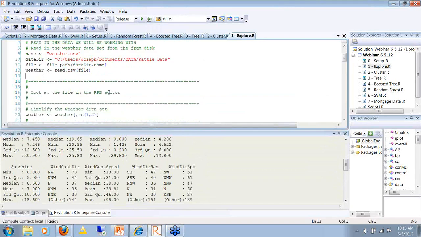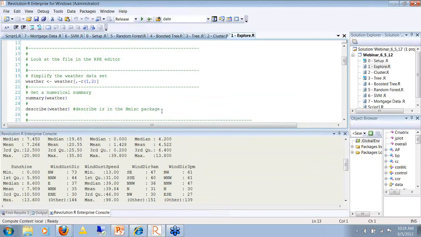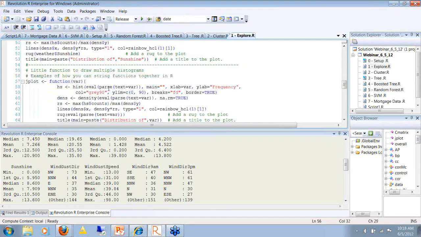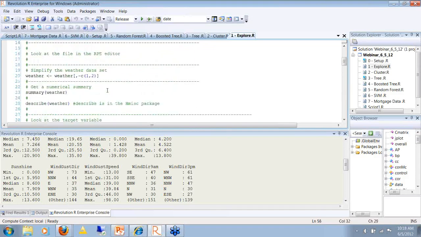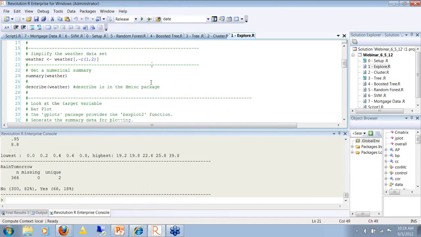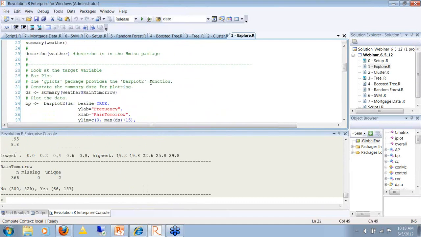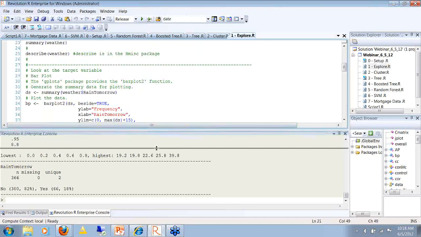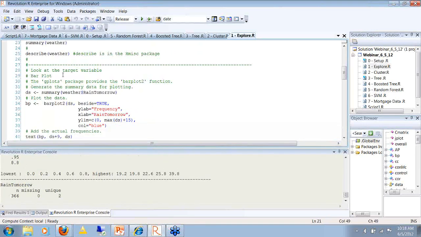And there are other functions in R that give, here's one from the Hmisc package called describe. And it produces a summary in a different format. So lots of times, if you don't like the way the output is, you can find your way to something that's more like you want to see by finding another package and another function.